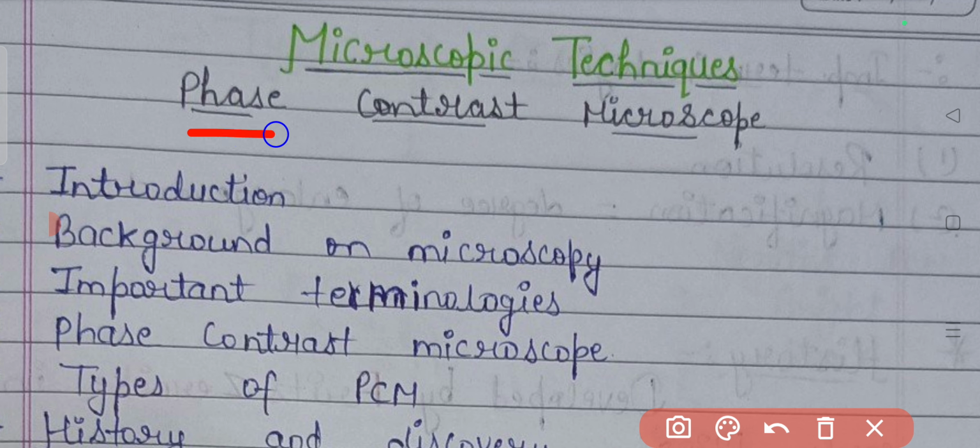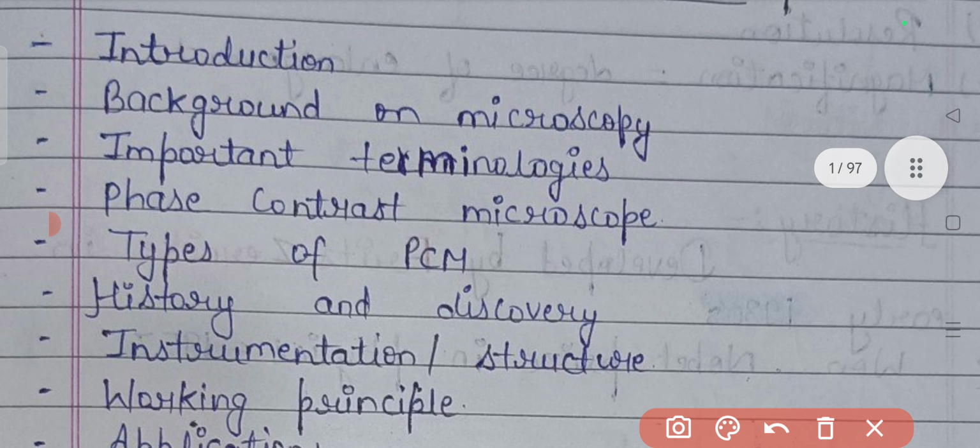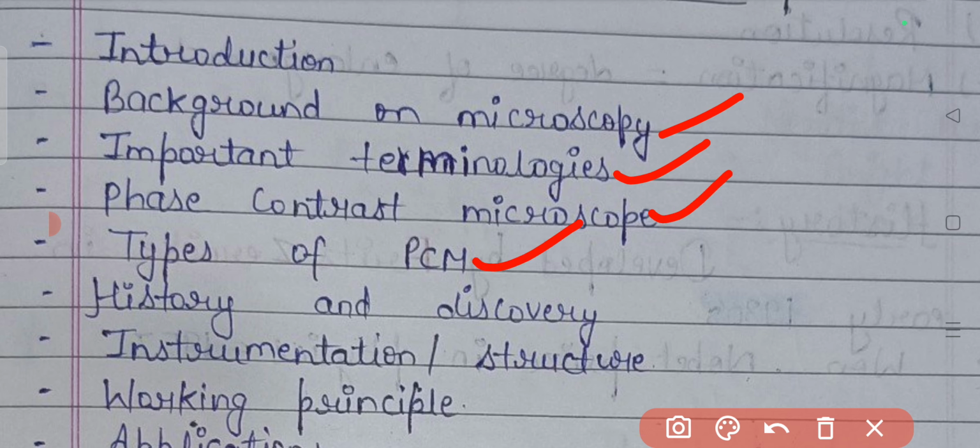The phase contrast microscope is an important part of your syllabus, in which we will discuss the basic introduction, then the background on microscopy, the scientists who contributed to the discovery of the microscope, various microscopes, then the important terminologies related to the microscope and microscopic studies, then the definition of the phase contrast microscope, the various types of phase contrast microscope, again history and discovery, then the instrumentation or structural part of the phase contrast microscope, which parts constitute the entire phase contrast microscope,